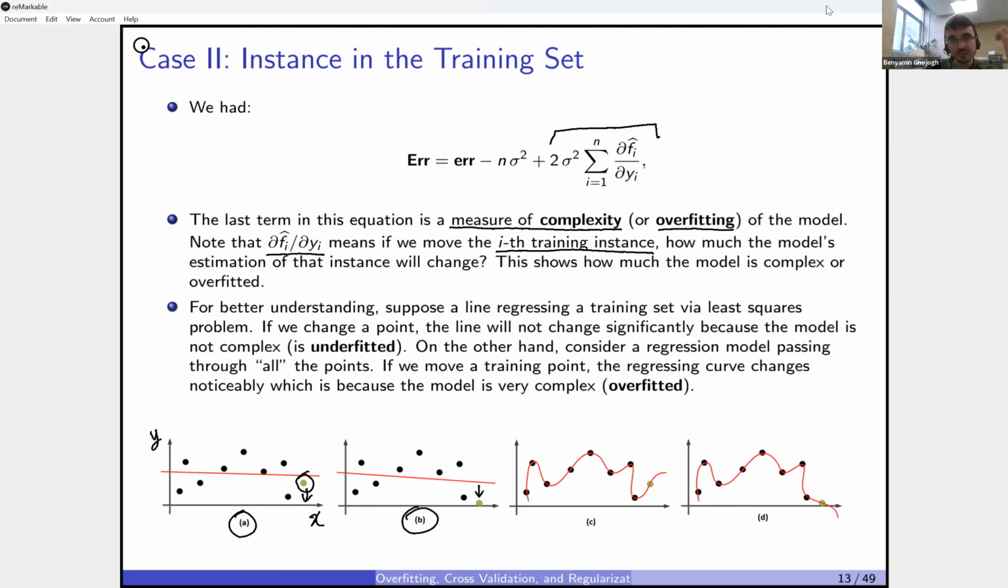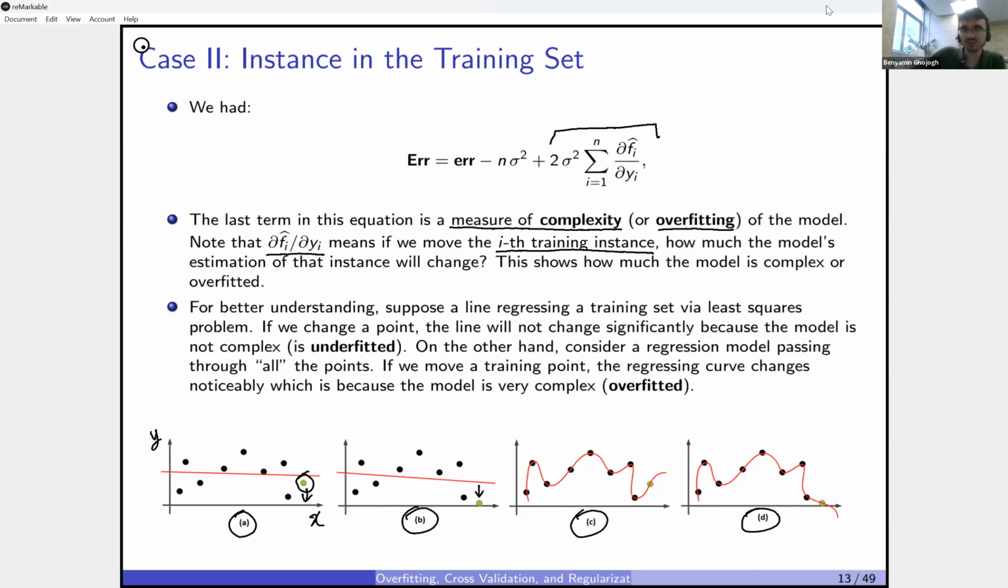How much does it impact the training data set? How much does it affect the linear regression model? A little bit, not too much. However, consider figures C and D,